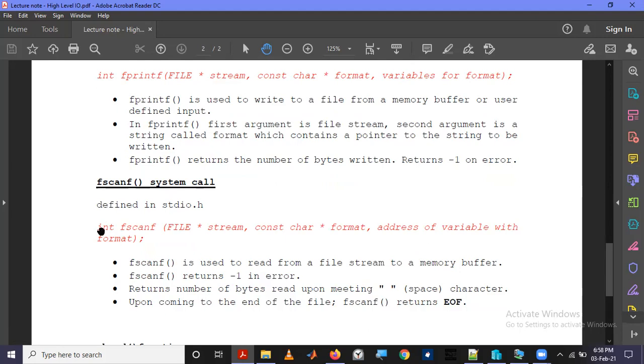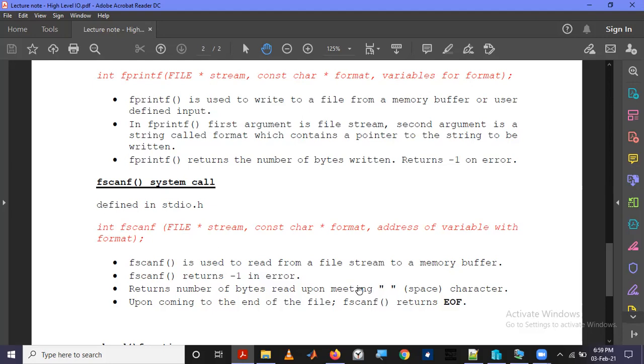But the difference is this will return the number of bytes read upon meeting a space character. So suppose that you are reading a set of words from a file.